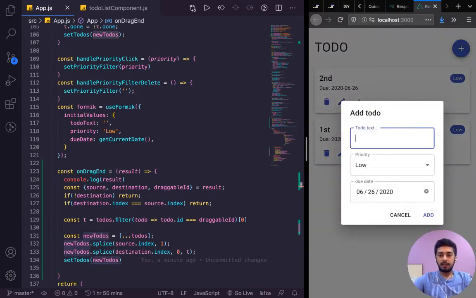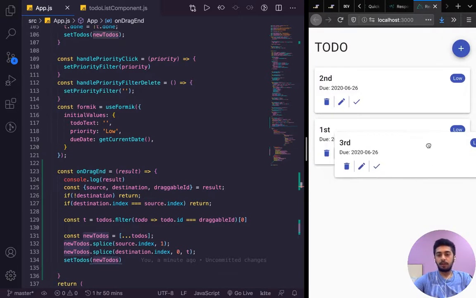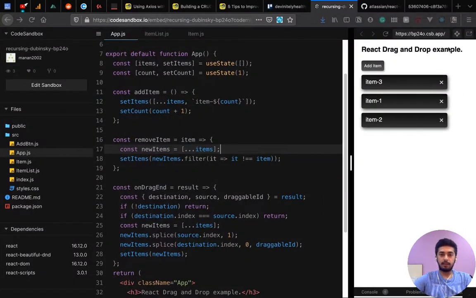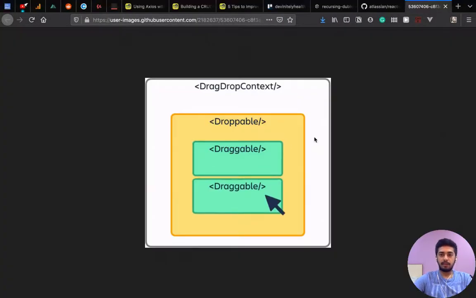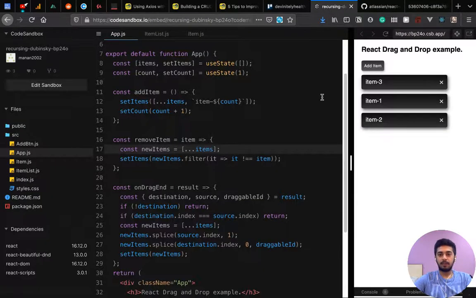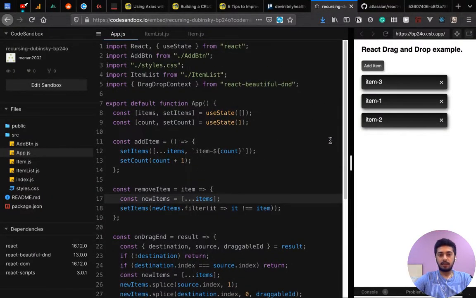React Beautiful DnD makes it really easy for us to implement drag and drop, because from what I've heard, the original browser API is really frustrating. So kudos to Atlassian for making this amazing library available for us in open source. And as you guys can see, I have an example over here.